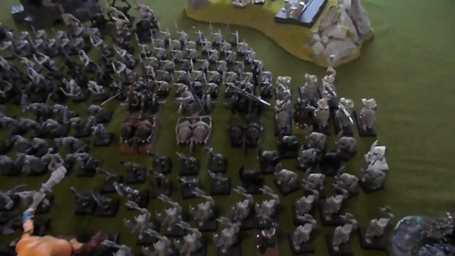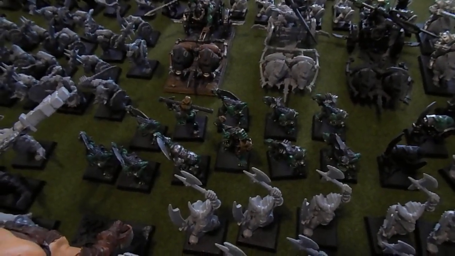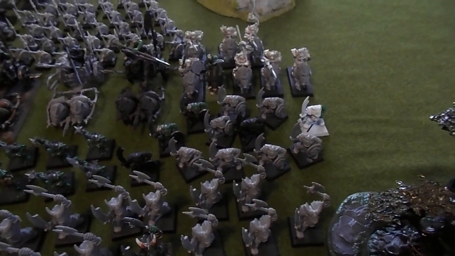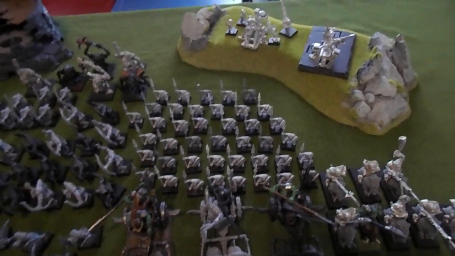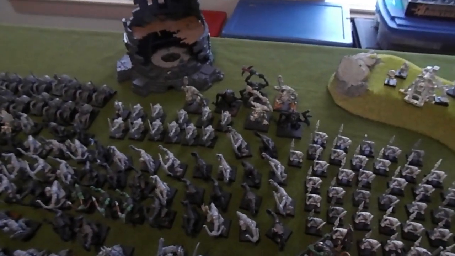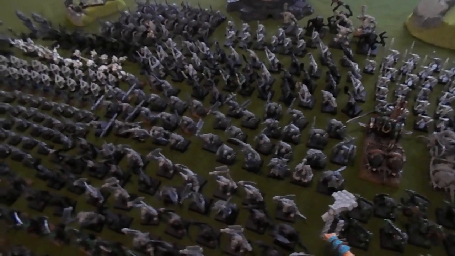I got 3 chariots, a couple of old boar boys from like 6th edition. These little orcs up here are the former Biggins. They're really cool models. I got some old 4th edition orcs, I think, and some 4th edition gobbies back here as part of the new Goblin army. I got some artillery, some river trolls, bunch of arrow boys, both 4th edition and 6th edition arrow boys,